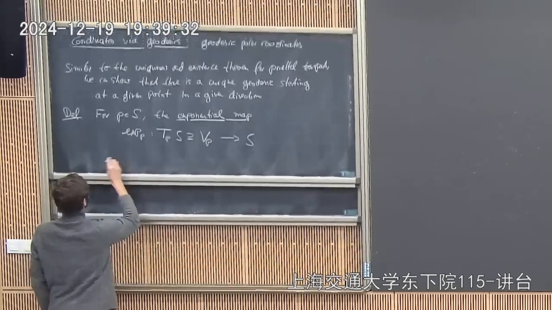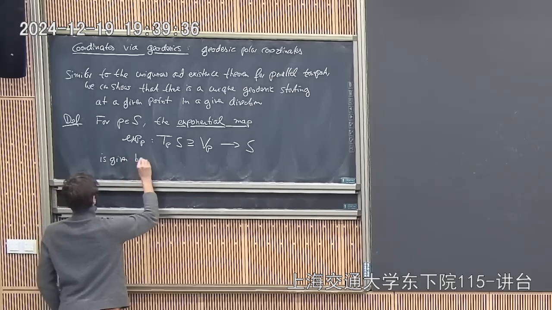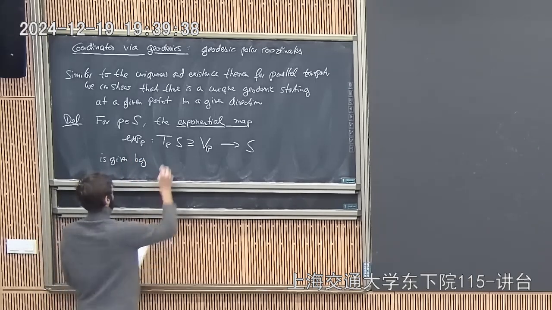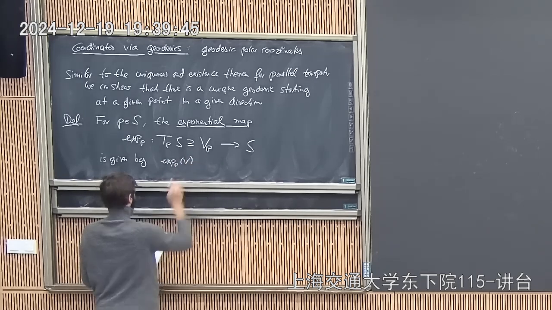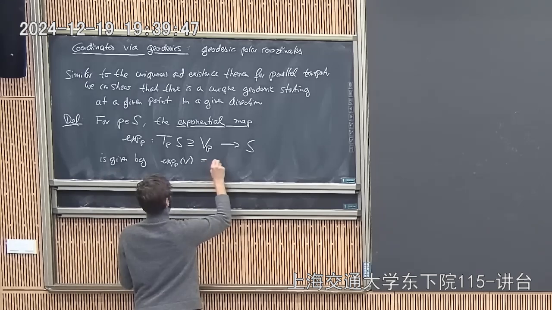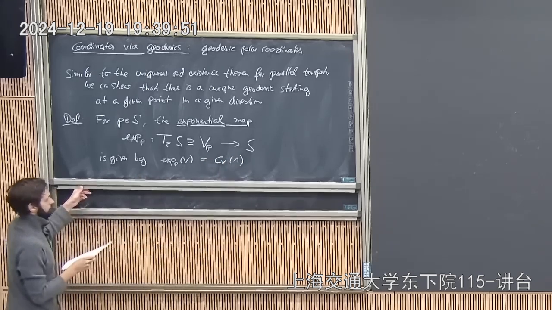And this one is given by the property that the exponential of P in the direction of V is the endpoint of the geodesic C of V,